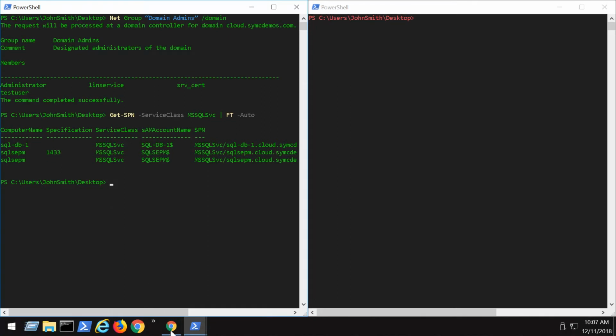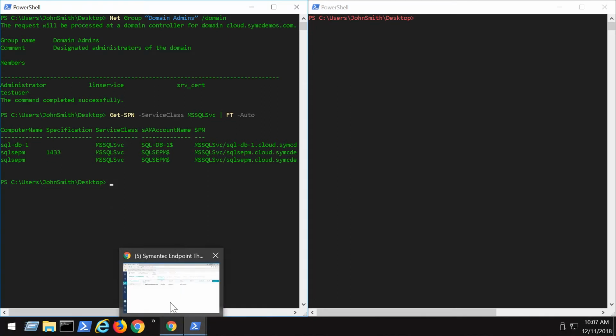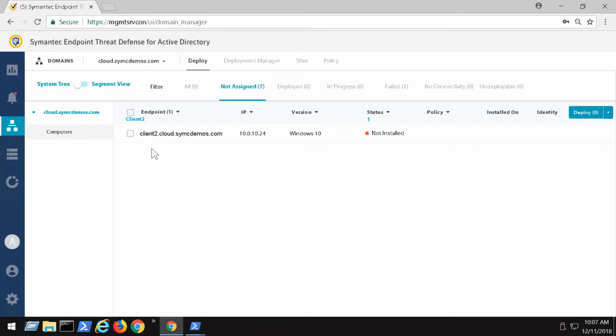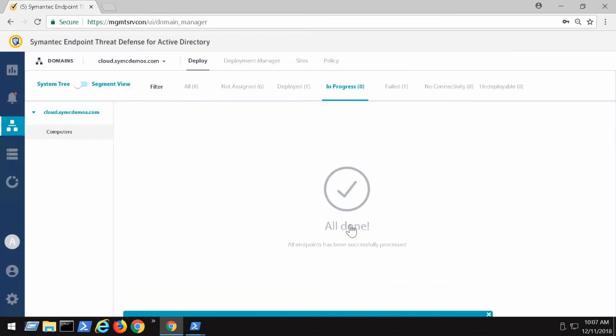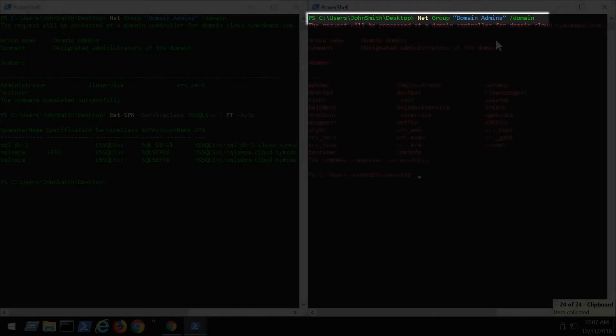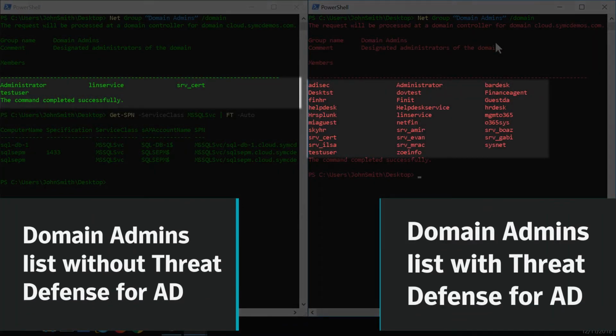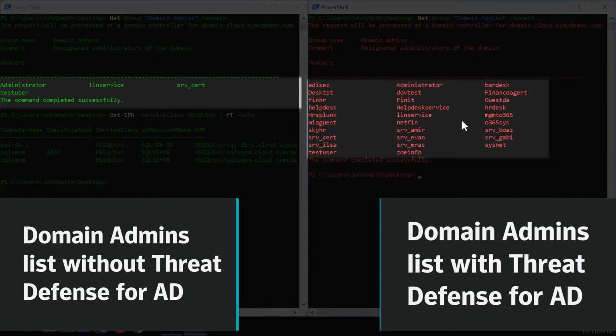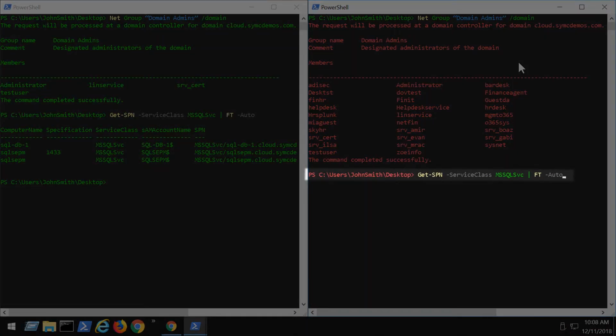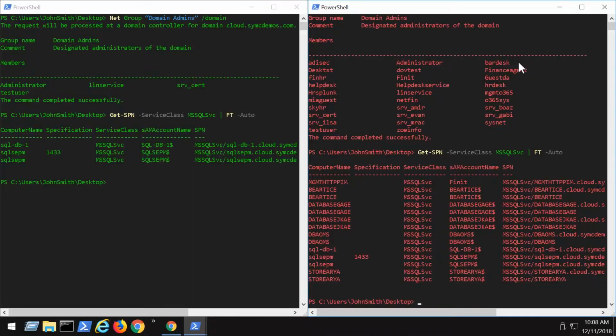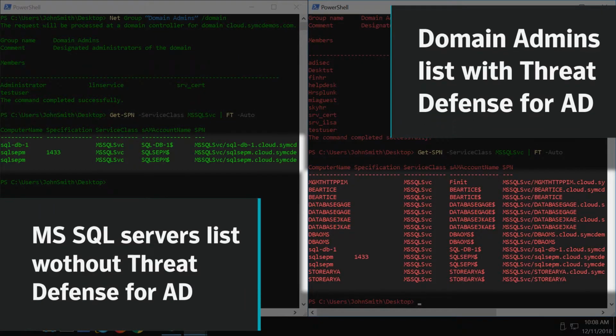Now, let's deploy the Threat Defense for Active Directory agent on the domain's endpoints and show how the domain environment gets drastically altered from an attacker's point of view. Running the net group command again, we see a mask topology that displays many more accounts within the domain admin group. Launching the SPN scanning function again to look for MS SQL servers, you see many more MS SQL servers are